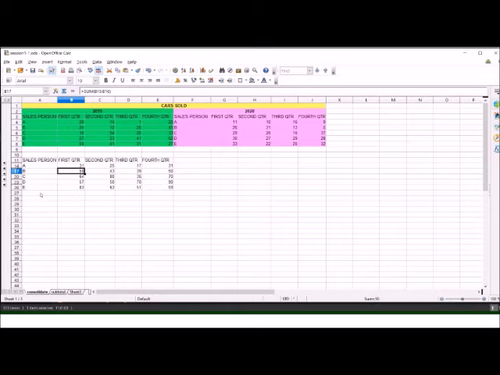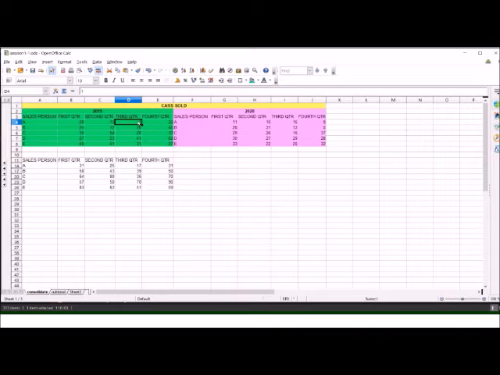Similarly, for all the salespersons, for all the quarters, the sum of cars sold by them is appearing in this output range. Now we can see that if we make any change in this source data anywhere, suppose this salesperson A in third quarter sold only 1 car.